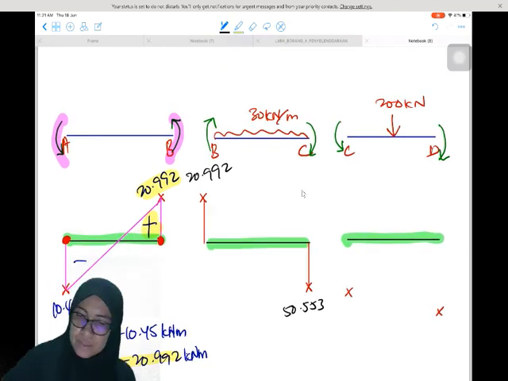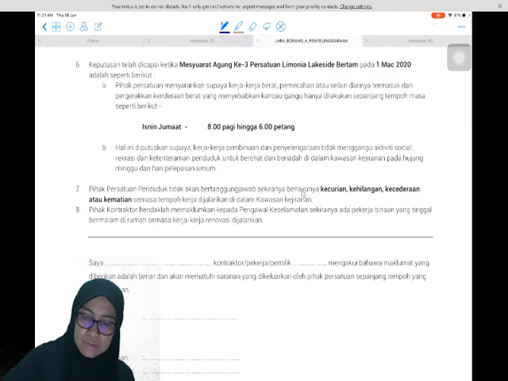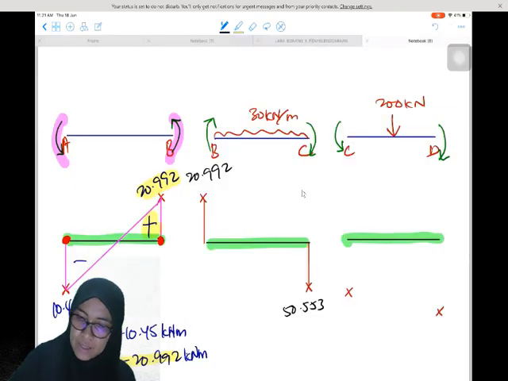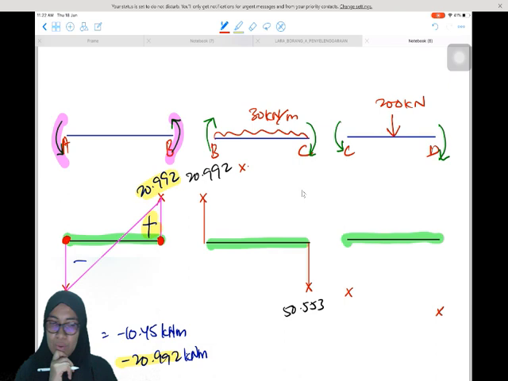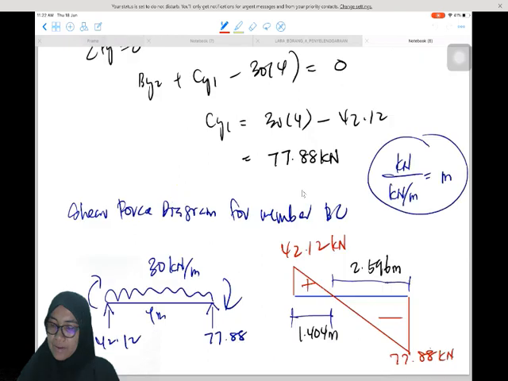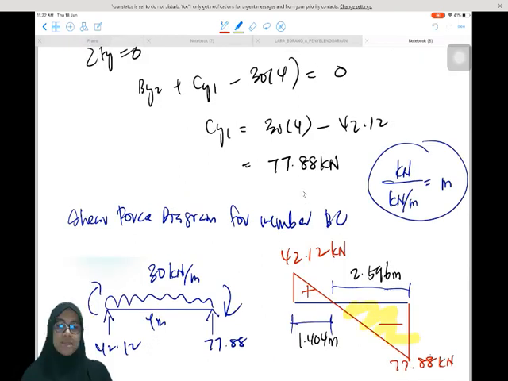It is equal to, okay, the maximum moment in the bending moment diagram is 50.56. So somewhere here, 50.56. Okay, the distance is about 1.404. Okay, this 50.56 we have to minus with the area of this. Why do we need to minus? Because the sign in the diagram is minus. Just now we had to plus, because the sign in the diagram was plus. Now we have to minus. So 50.56 minus